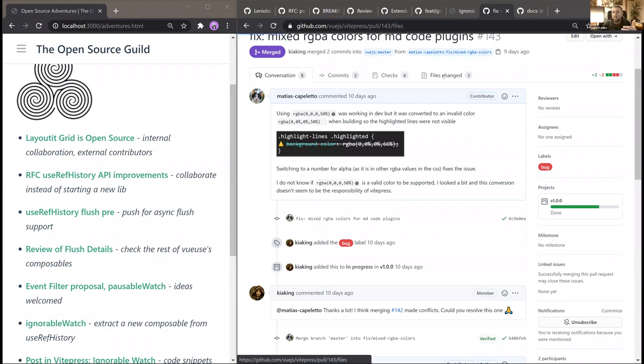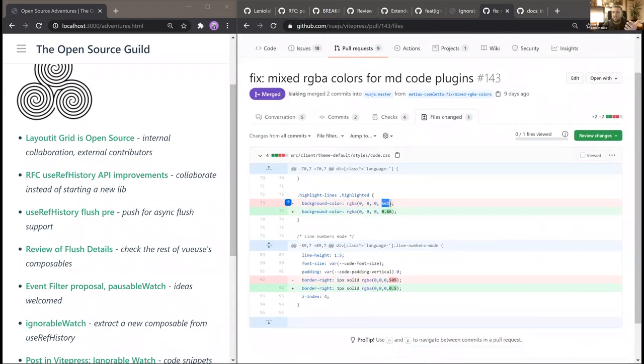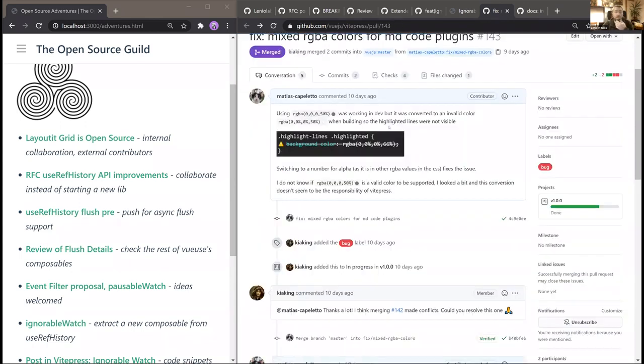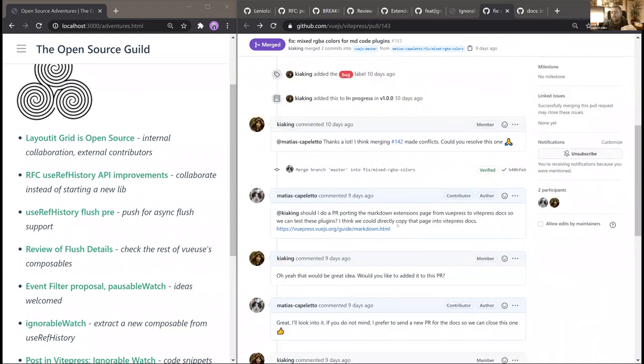And actually, it was just a little detail about styling that was easy to fix. Maybe it was changing a 66% to something else. This was the change, but anyway, it's a useful contribution. So I started sending these PRs, and Kia, the one maintaining BitPress right now, or mostly, was also really welcoming. And just sending a PR about a particular style thing